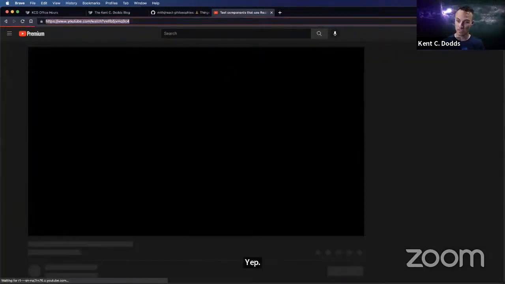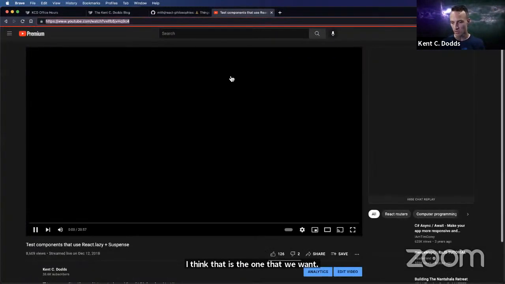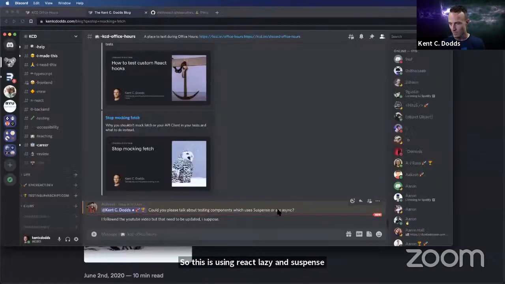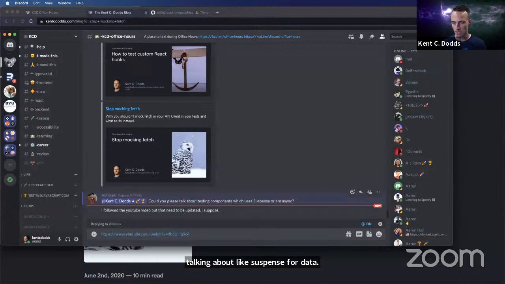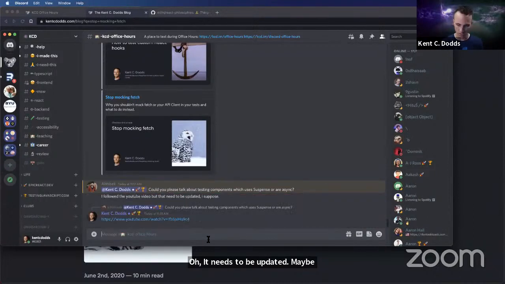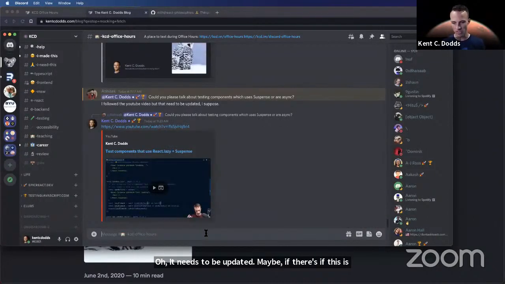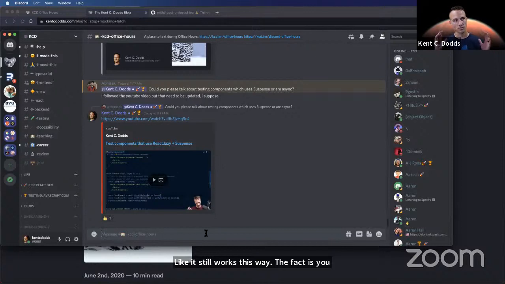So this is using React's lazy and Suspense. If you're talking about Suspense for data, oh, it needs to be updated. Maybe if this is the one that you're talking about, I don't think it needs to be updated. It still works this way. The fact is, you shouldn't actually have to care about what you're waiting for, because it's all the same.